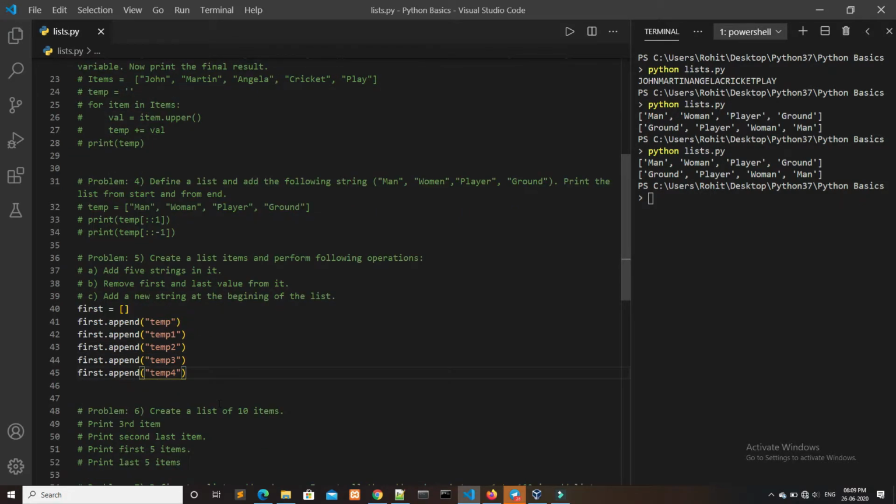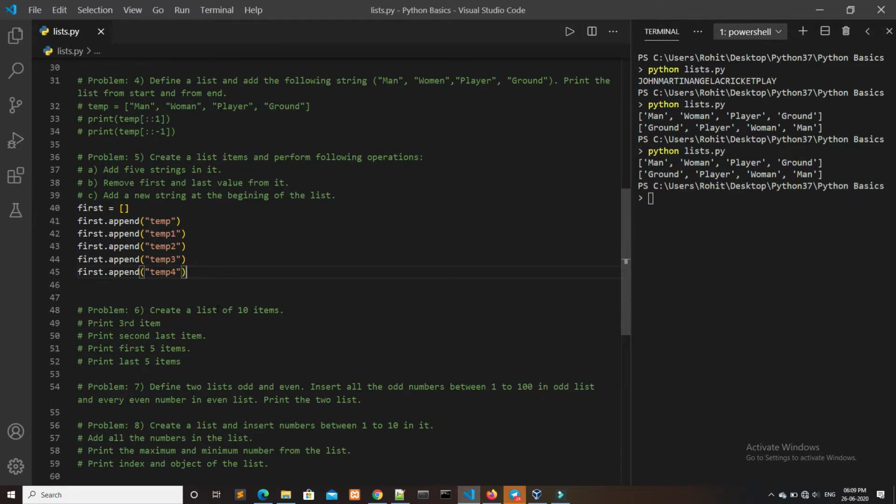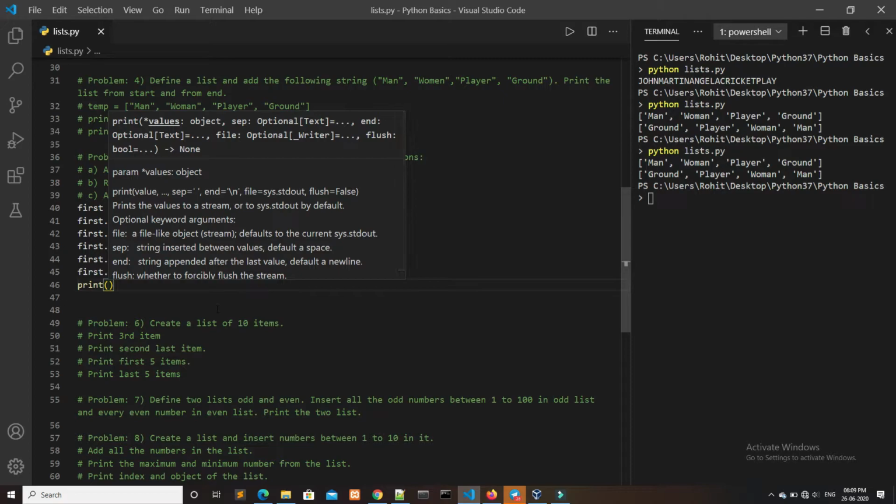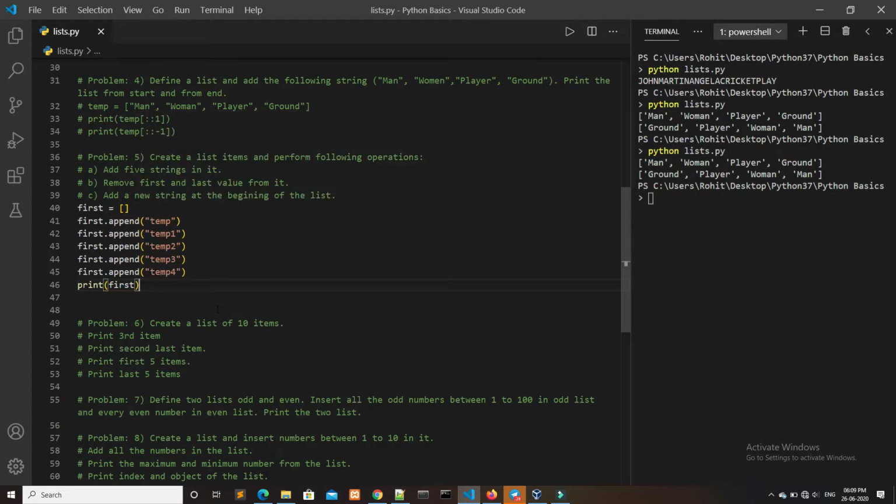Okay, so this will append these values in the list. To check it, first I will print first. Okay, so let's check it. As we can see, each value is inserted in the list first. Now I will be using the extend method to insert these values, so I will be commenting these parts,